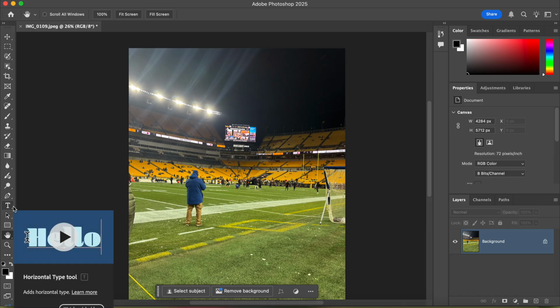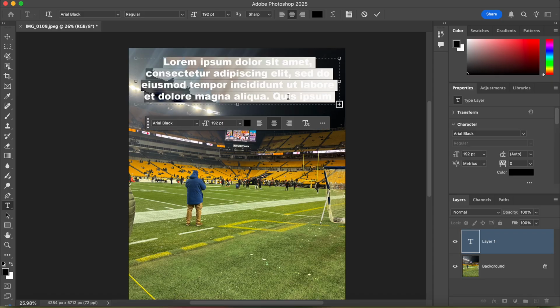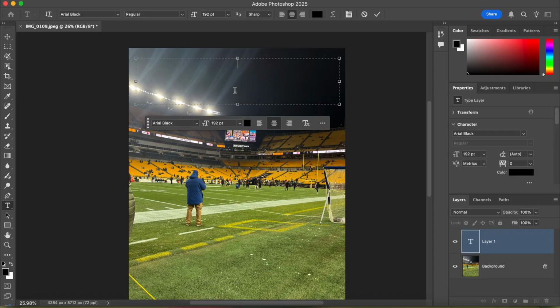And then the T for the type tool, that is the one that we're going to be using a lot today, just the simple basic typing, moving the fonts and the size around. So first I'm going to drag a big text box across the top, and then you're going to delete this typing that it automatically inserts. And then I'm going to go ahead and type out